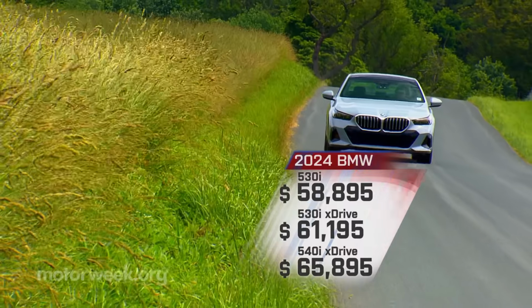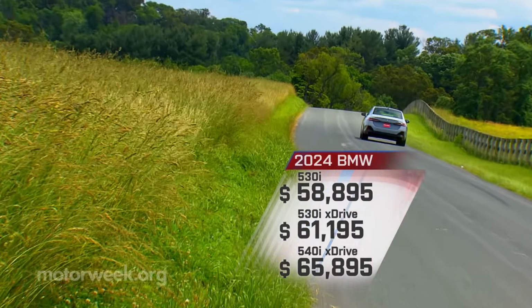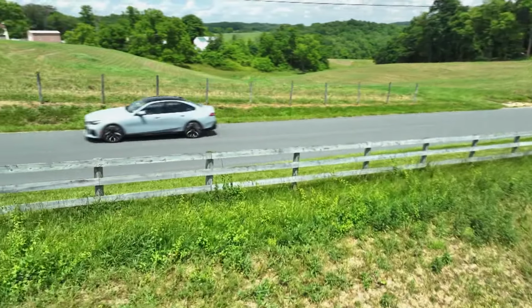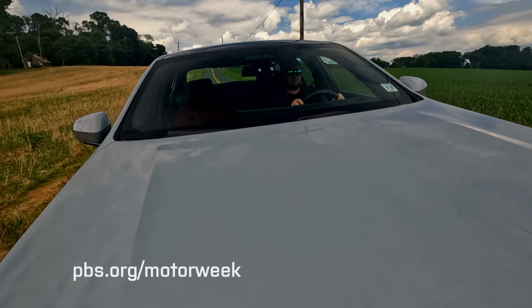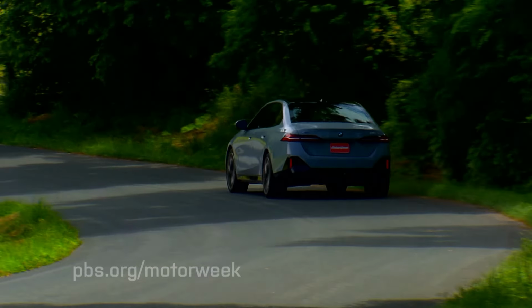$58,895, about $9,000 less than an i5. Adding all-wheel drive takes the 530i to $61,195, with the 540i at $65,895. The entire 2024 BMW 5 Series was our recent Driver's Choice Award winner, primarily because it delivered more luxury